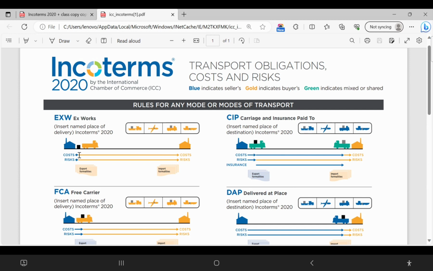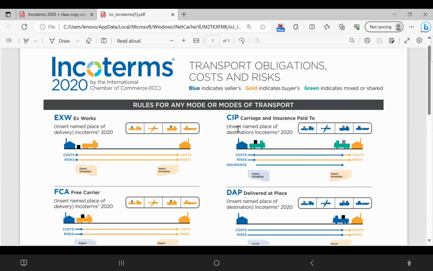It could be the beneficiary's premises, or the first carrier, or the second carrier, or the port of loading, or the port of delivery, the destination, until the final destination. So there are a lot of points. Until what point, who is paying? Who is going to define? Incoterms are going to define the cost: who is paying cost until what place? So if you remember this, you will know the cost also.